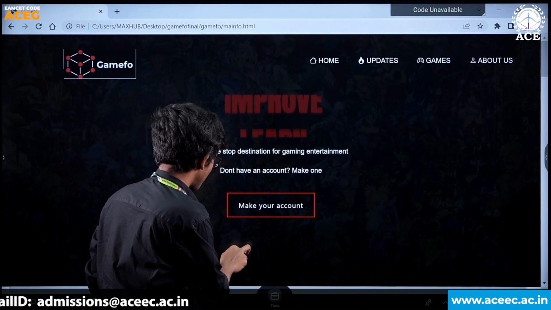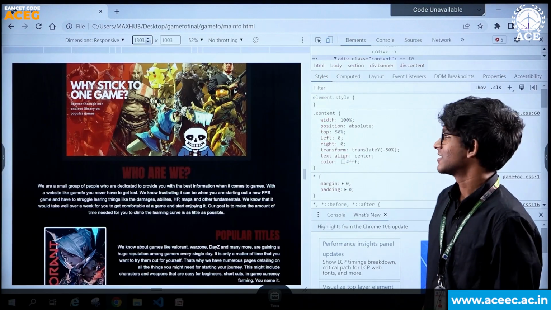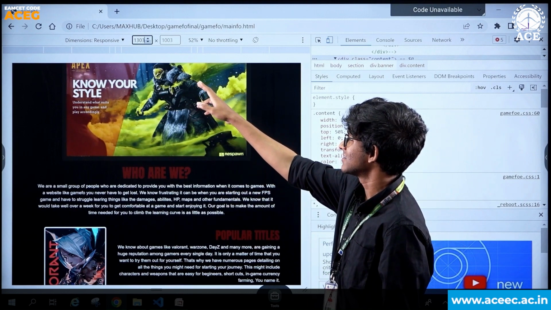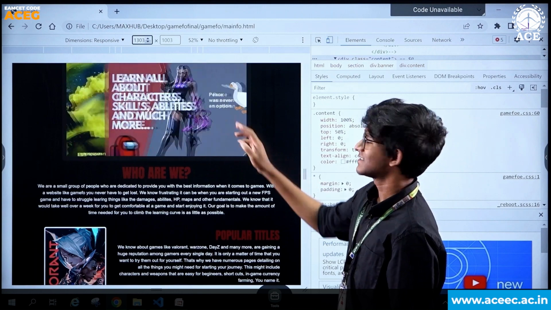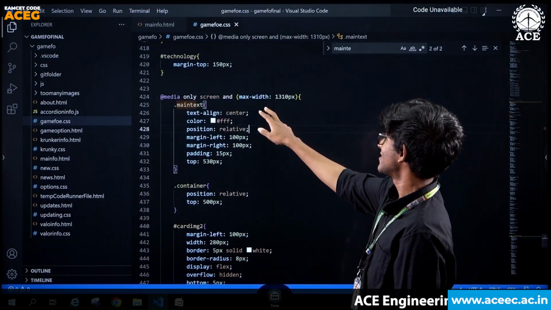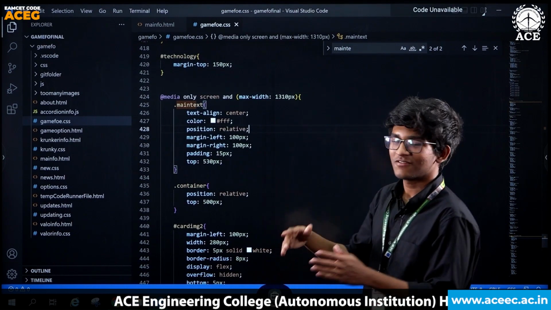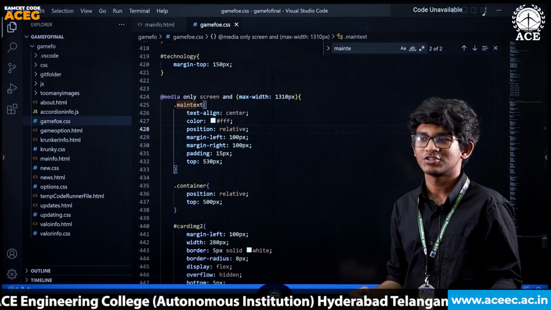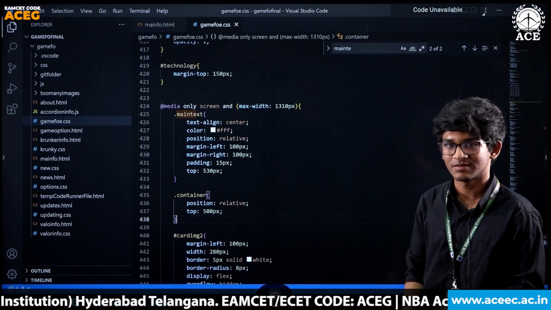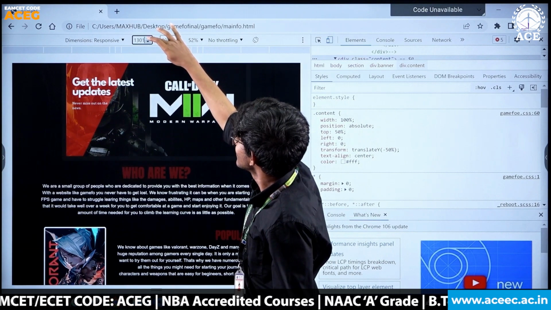So if I inspect, with the help of media queries, right now the width of the screen is 1303 pixels. In the CSS media queries, we use max width as 1310 pixels. So anything from 1310 pixels and below, the page should look according to the CSS written inside the media query. So if I go further than 1310,